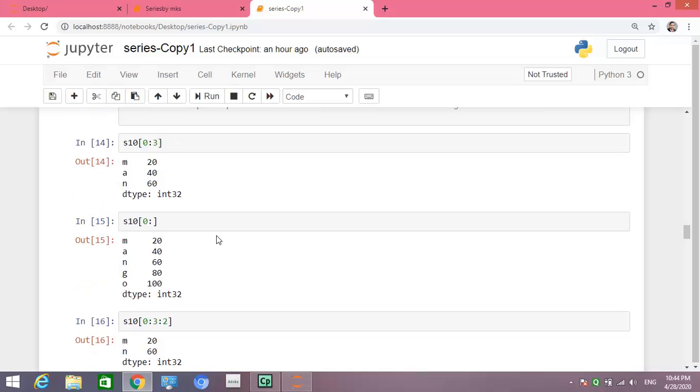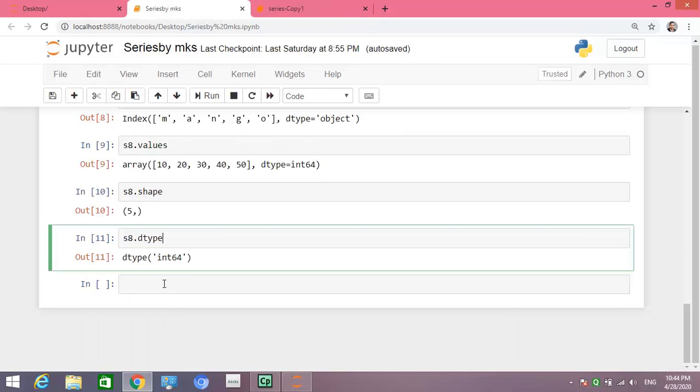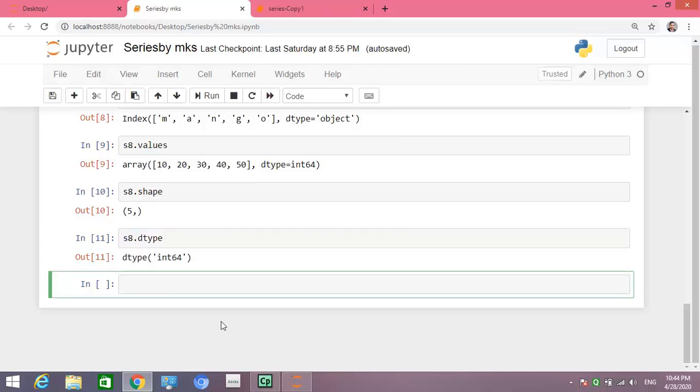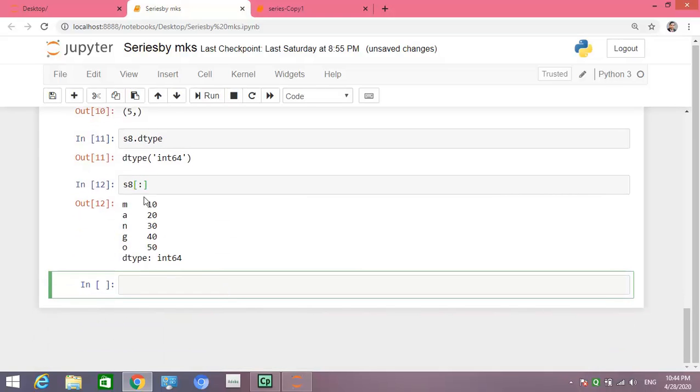So if you write S8 and in brackets write colon, what will it give?